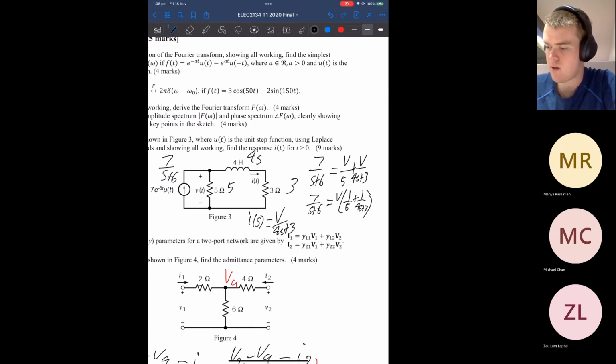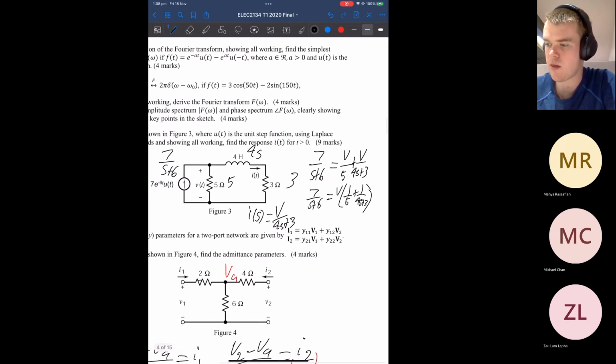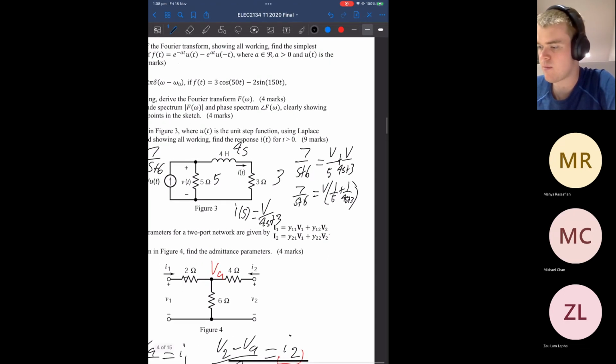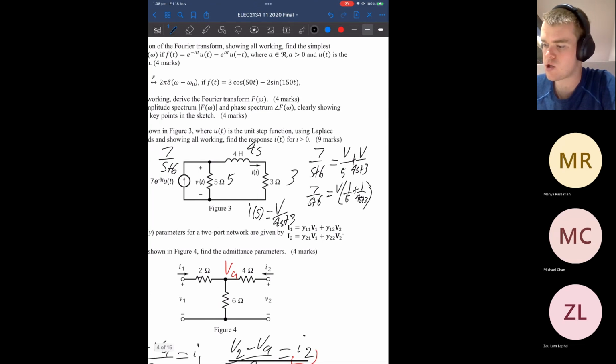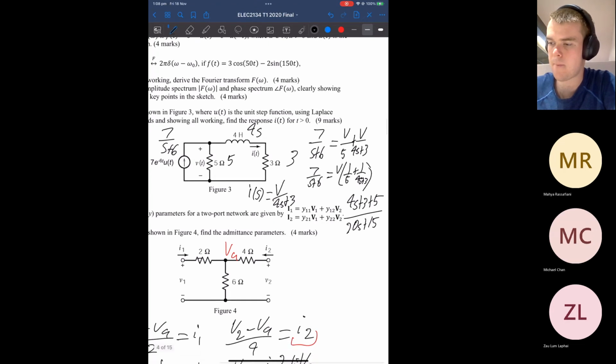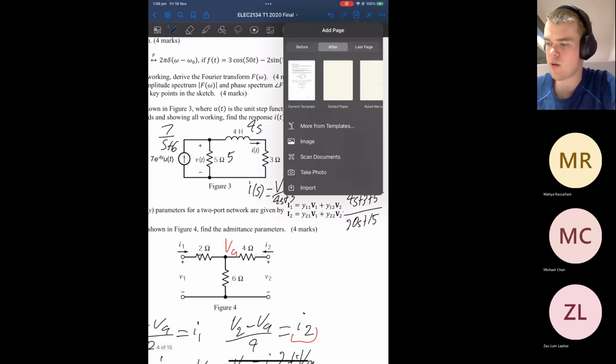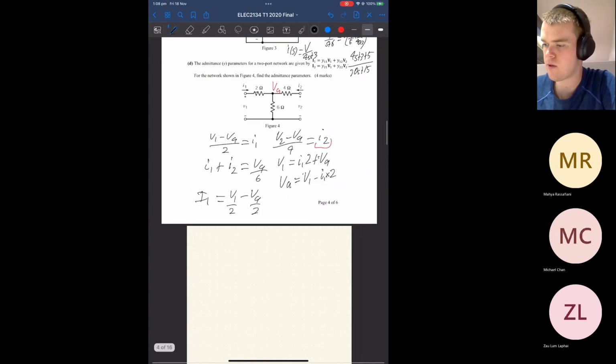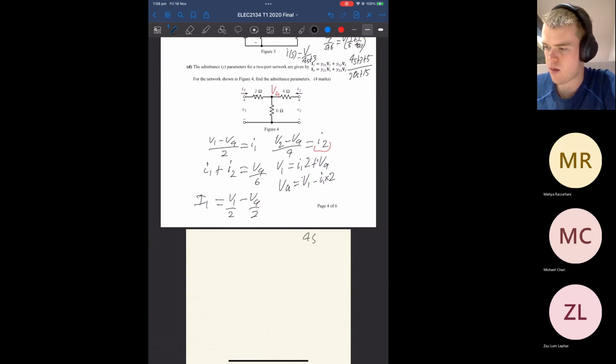So when we go to expand this, I'm trying to squeeze it in so I don't have to go to the new page. We end up with 4s plus 3 plus 5, all on 20s plus 15. All right. So I'll go to the next page. So we have 4s plus 8, all on 20s plus 15